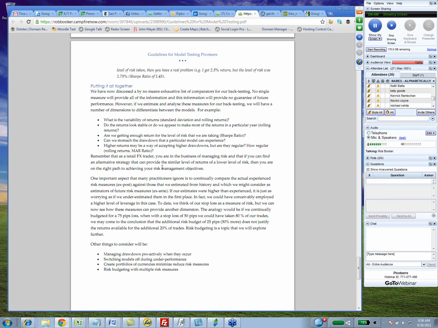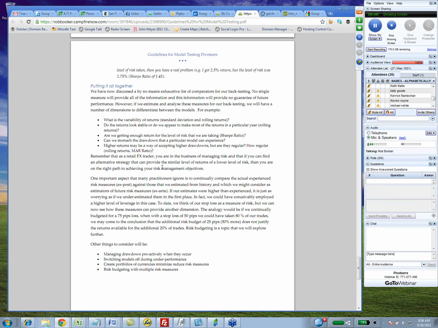Are your returns stable? Are you getting enough of a return for the risk that you're taking? Can you stomach the drawdowns? And can you be consistent? What will it take? One important aspect that many practitioners or traders ignore is to continually compare the actual experienced